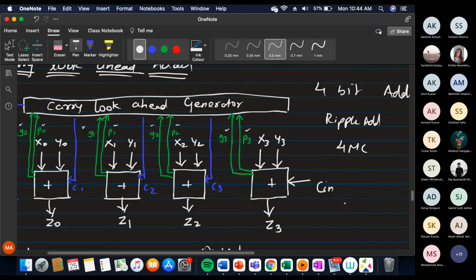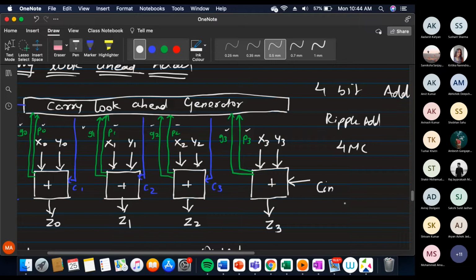If it is a 16-bit addition, the ripple adder would take exactly 16 machine cycles. But the carry look ahead adder will take again 3 machine cycles. It will generate all the G's and P's in one machine cycle, all the carries in a single go, and the addition of all the bits in exactly one machine cycle. So in a 16-bit adder also it takes 3 machine cycles, while the ripple adder took 16. So basically you are getting an advantage of 13 machine cycles.